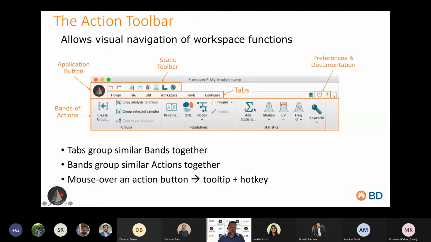If we focus in on the ribbon, we actually have a number of buttons up here that are actionable. The little FlowJo icon is an application button. You'll get save functions as well as a list of previously used workspaces that you can open. There's an undo and redo button here with the little curly arrows,